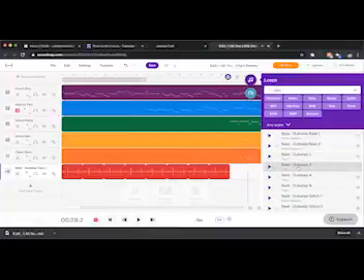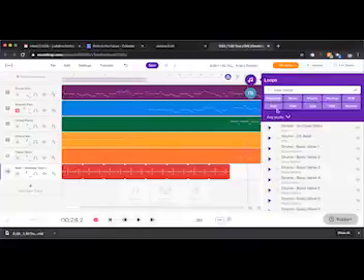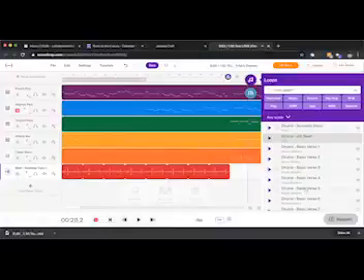Do you like that dubstep feel, or do you want more of a rock feel? Can we see the rock? Yeah, sure. Okay, rock drum. Okay. Quick one.